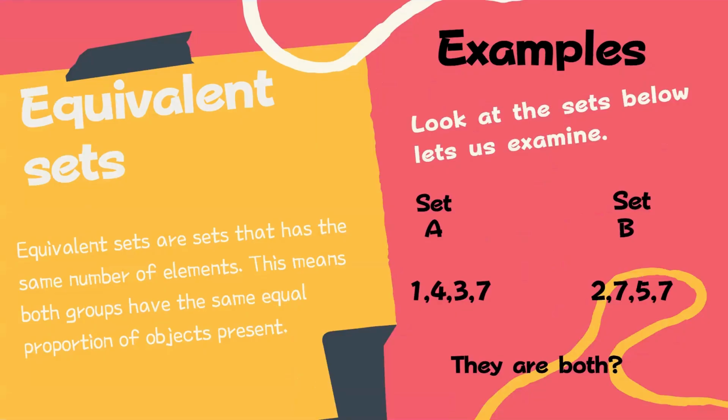Now, we're going to be talking about equivalent sets. Equivalent sets are sets that have the same number of elements. This means both groups have the same equal proportion of objects present. Now, to the right, we have another example. Look at the set and let's examine. So for set A, we have 4 numbers, and for set B, we have 4 numbers as well. In set A, we have 1, 4, 3, 7. And set B, we have 2, 7, 2, 7. So these sets are both